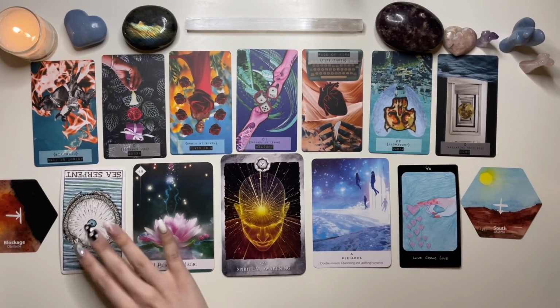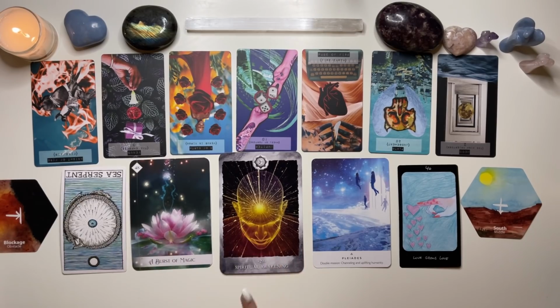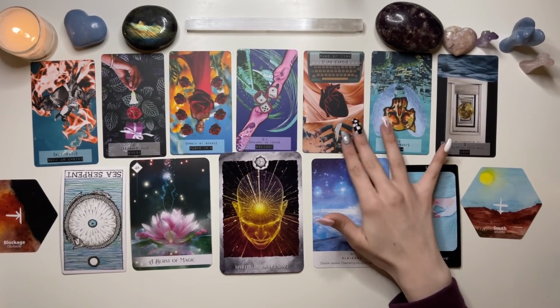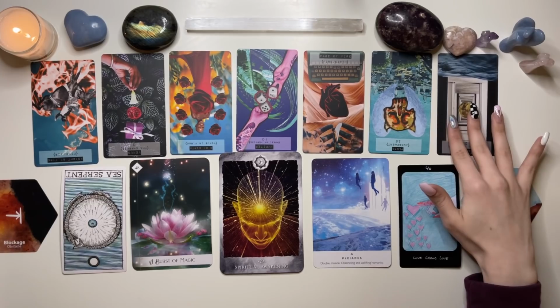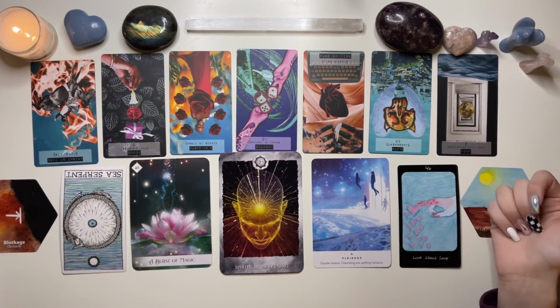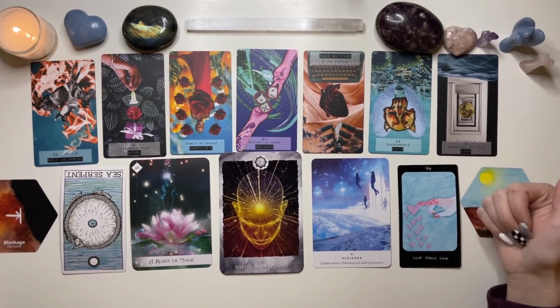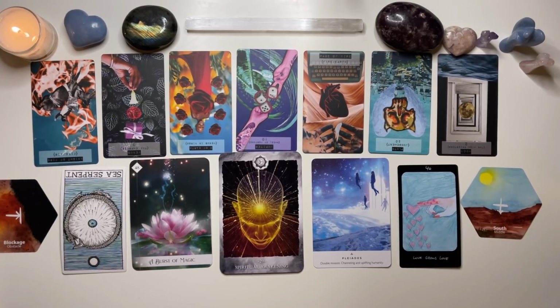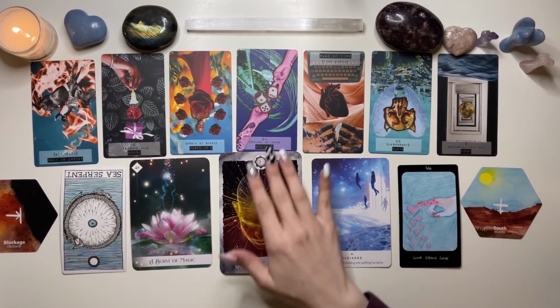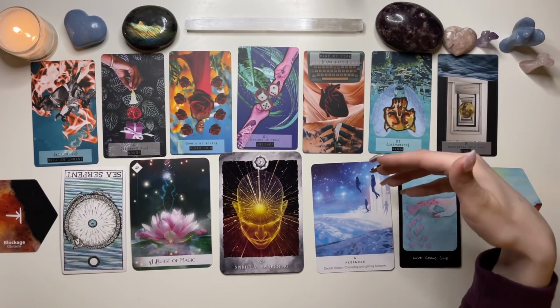I feel like you really don't have a solid sense of self right now. But I feel like this period is actually ending, and it's going to get a lot better. You're not listening to your intuition at all, which the High Priestess in reverse is really indicating. And with the Empress in reverse, I feel like you just feel lost. The reason why you feel lost is because you're looking for all your answers in external places, and that's not helpful. And you're actually blocking and delaying any abundance that you might get